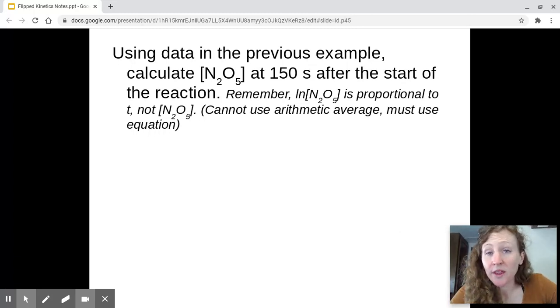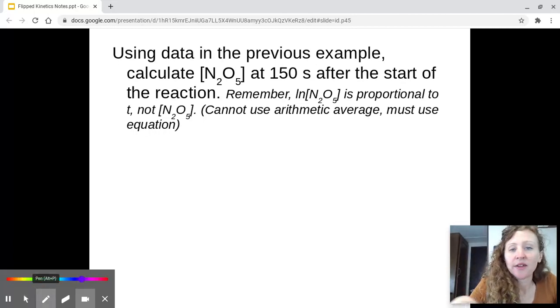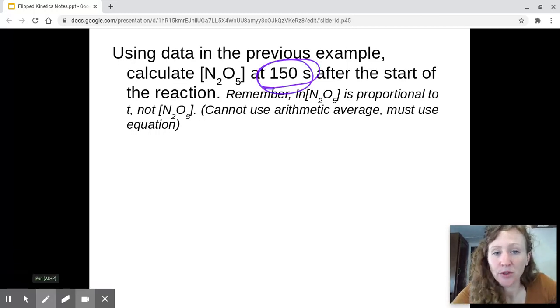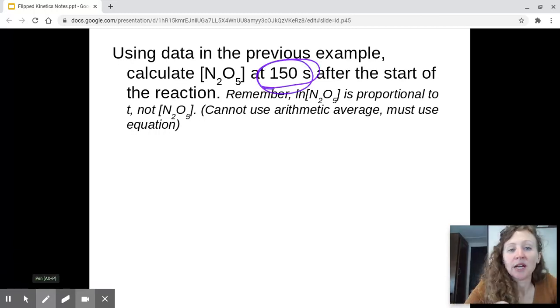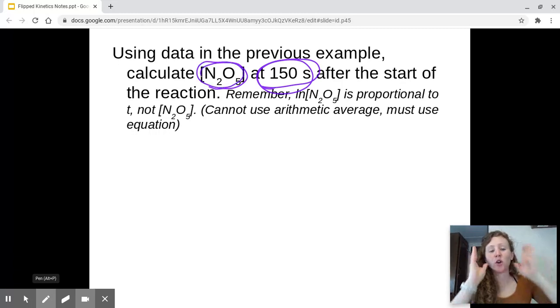Okay, so one of the other things that we can do with this, once we have all of that information worked out, we know that it's first order, we found the K, we found the units of K. Now we can use it as a predictive tool. So at 150 seconds, for example, what would be the concentration of N2O5? So one of the ways we could do this is we could look at the graph,